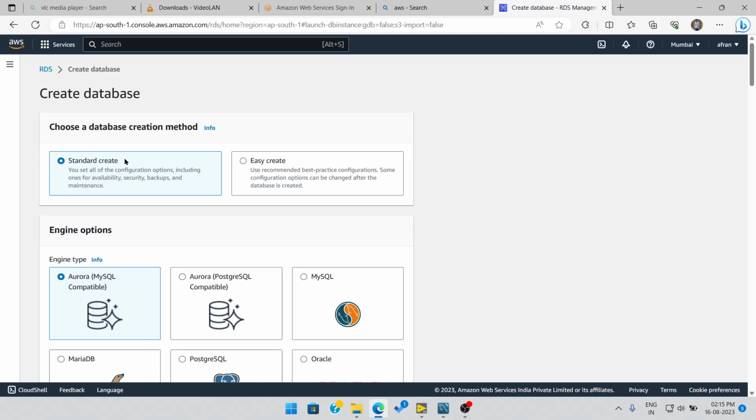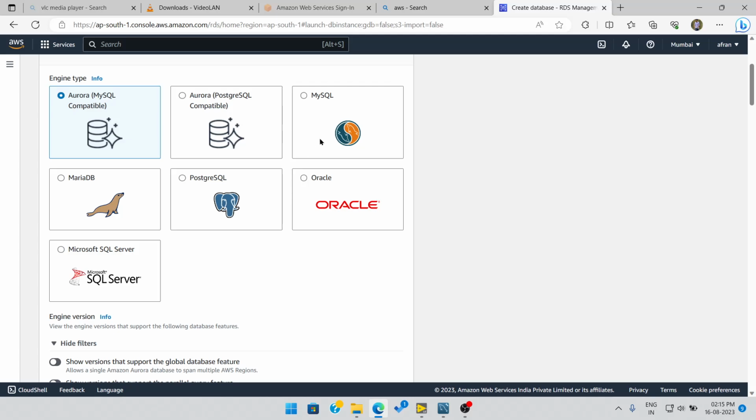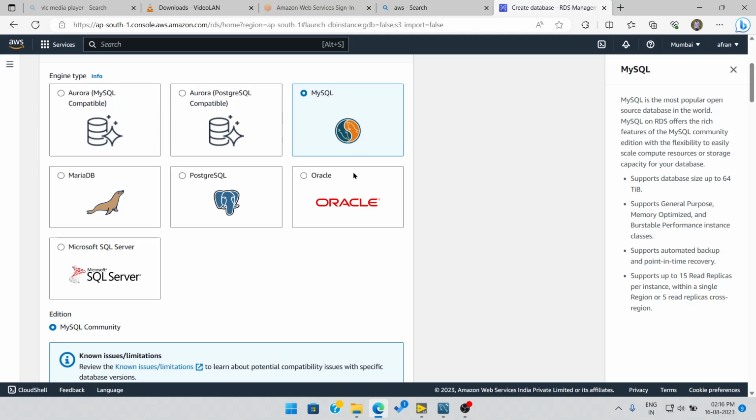So here, the creation method will be standard, and here I need to select the engine. I am using the MySQL software, that's why I need to select the MySQL engine here. Suppose you are using MS SQL, Microsoft SQL Server, or PostgreSQL, Oracle, you can select any others. I'm using MySQL, I will select this. So next is,